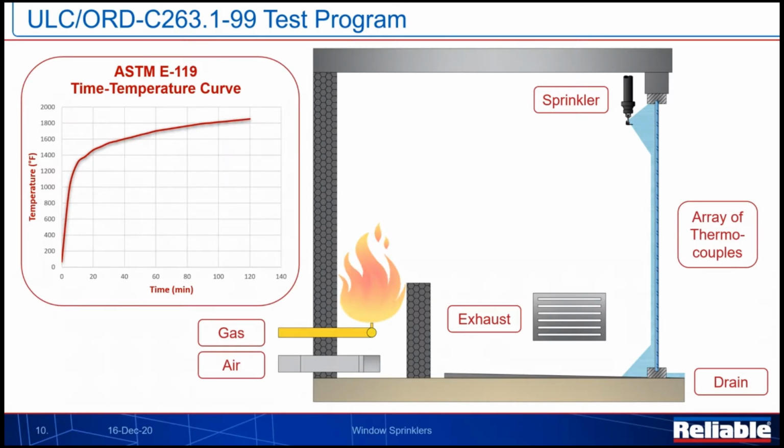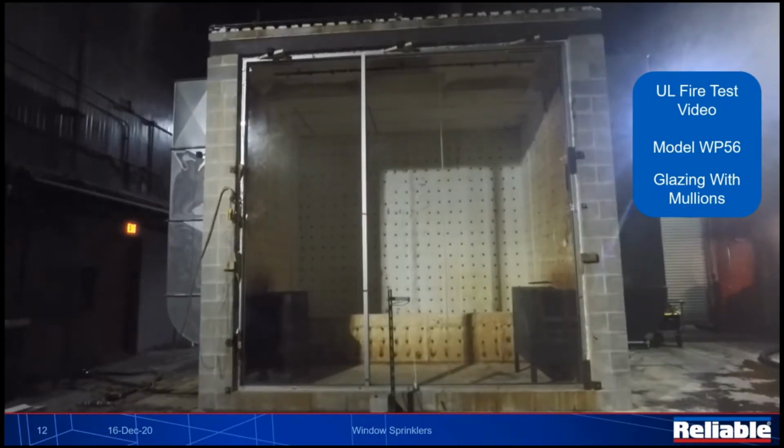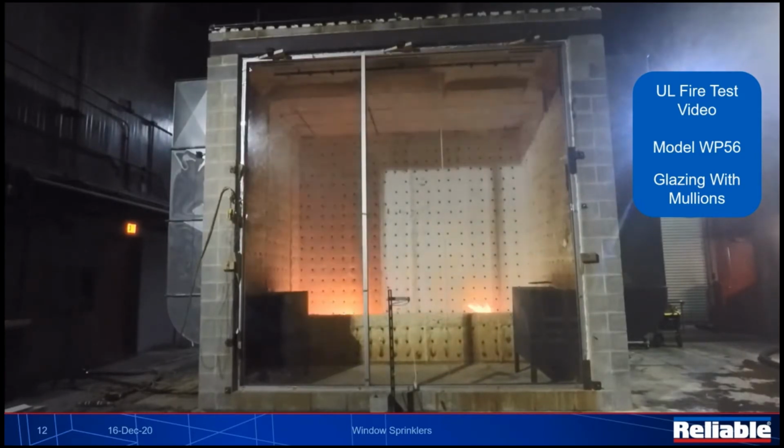So here, let's focus on giving you guys a look at this test. We have a video here. So you see just a front view of the furnace there, where we have our glazing material, and we have a vertical mullion in this particular test. Fire is ignited in the back there. We have our exhaust ducts on the side. They're pulling out any kind of byproducts of combustion. We're also measuring the temperature on the front of that glazing, and ultimately just waiting for this furnace to heat up to the point where our sprinklers are going to activate. Our sprinklers are up there in that black pipe that you can see